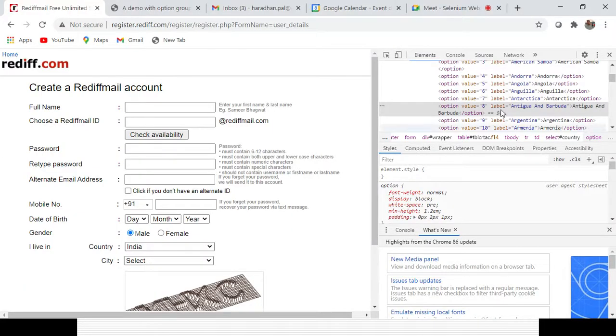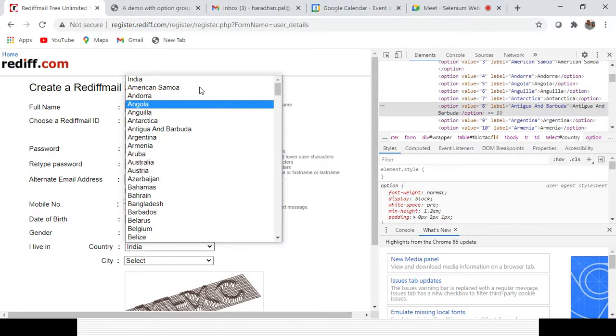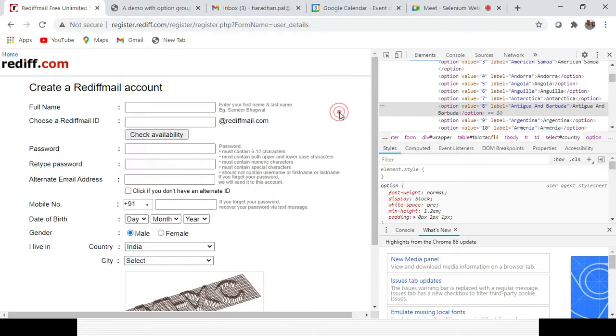You can see that each and every option's index will be 0, 1, 2, 3, like that, right? 0, 1, 2, 3, 4, and like that, it will be in incremented order. And here the value will be a string, so though it is a number you have to give it in the string, and this is the right visible text.